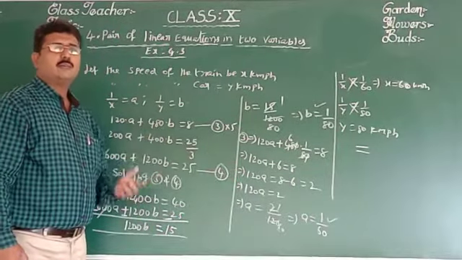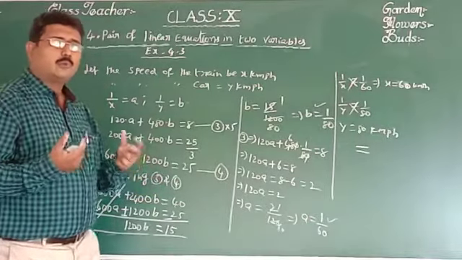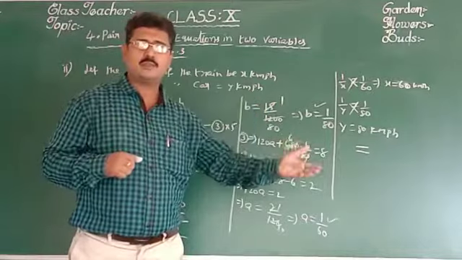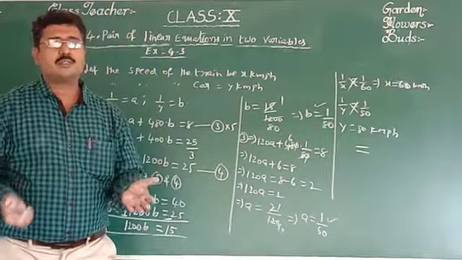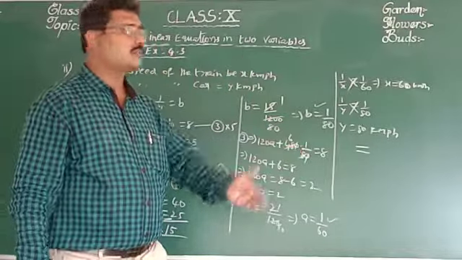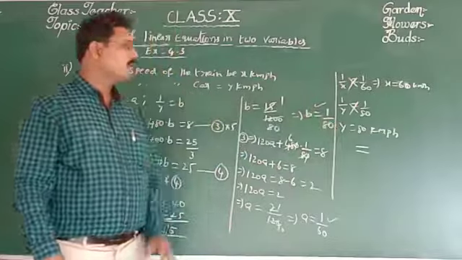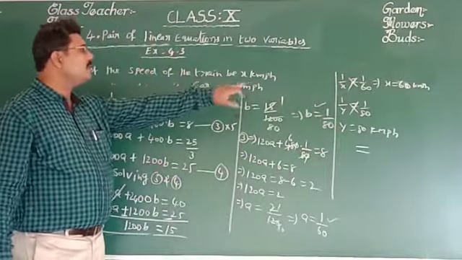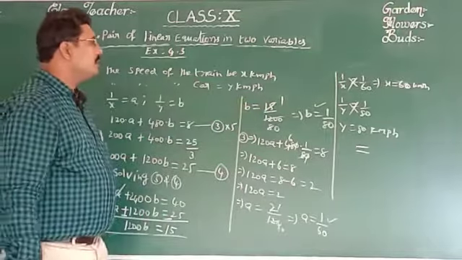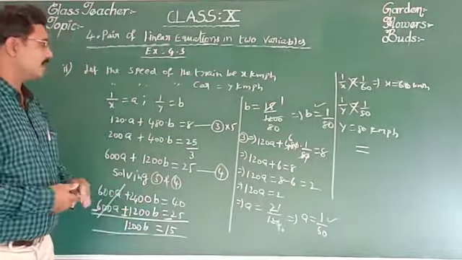So in the previous problem and in this problem, two parts are given. One part you have to change into an equation, another part also into an equation. The two equations can be reduced into linear equations. By solving those two linear equations, it is easy to get the values of x and y. So x is the speed of the train, that is 60 kilometers per hour, and y is the speed of the car, that is 80 kilometers per hour. Okay children, so this is right.